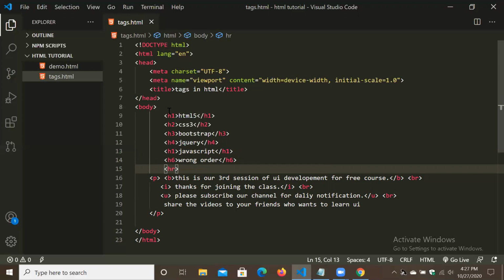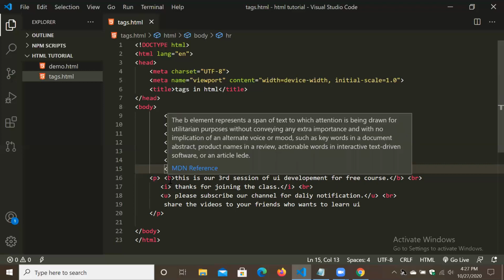Simply, how many tags have we seen today? H1, H2, H3, H4, H5 and H6. Those are known as heading tags. H1 is the largest one and H6 is the smallest one. Next thing is paragraph tag. It is used for writing the paragraph. And next tag is B tag, B for bold.